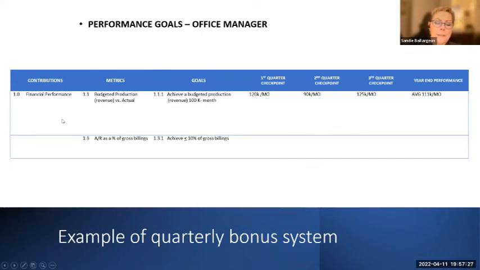So here's an example of an office manager. I just took one metric to show you what it might look like. So in the financial performance, first quarter, they were doing 120,000 per month, and their targeted production was 100,000 per month. And second quarter, they might have only achieved 90,000 per month. So you see how there can be fluctuations in the budget, and that's why it's important to think of it as quarterly and not monthly, because first of all, it's too time consuming to do it monthly, and secondly,